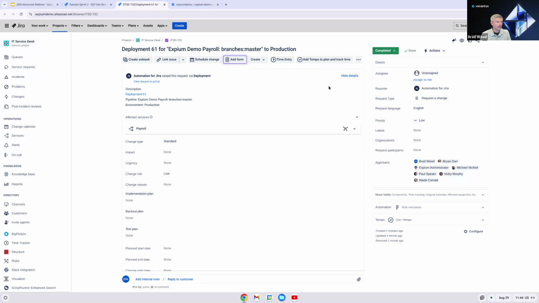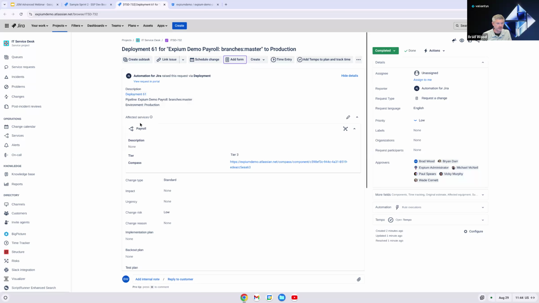It may seem odd that a change ticket was created and completed without going through any kind of approval stage. But in this case, it's because this change was related to the payroll system, and in our affected services field here, we can see that this is a tier 3 service. And we've set this up to where approval is not needed for changes on tier 3 services. And this can help create efficiencies by automating several processes and steps to deploy this particular change without having to go through the approval